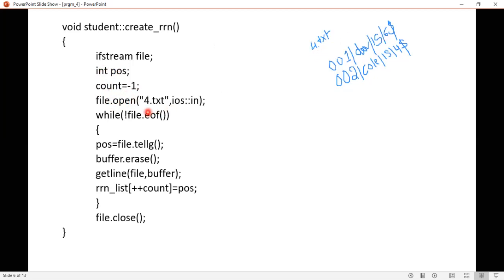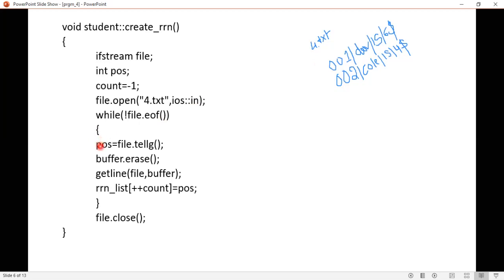In which mode? You are going to open it in read mode. ios in means it is read mode. You want to read the file, right? Next, while not file dot eof, that is until the end of this particular file.